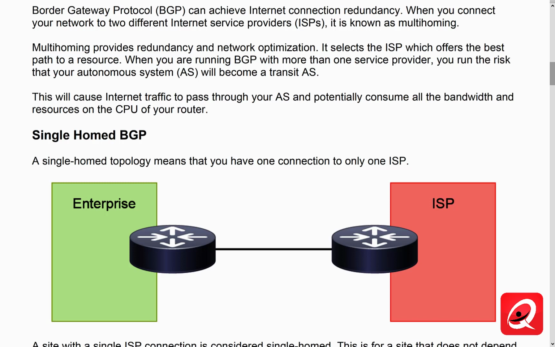Certainly the single homed BGP connection is the easiest one to understand. We have a single BGP relationship, and only one ISP. So there's not a whole lot of deciding here. We only have one way to route in this particular case. We're probably going to just simply receive a default route from the ISP. There's really no reason to get BGP routes from the ISP. And then we can decide if we're going to use PI addresses or PA addresses